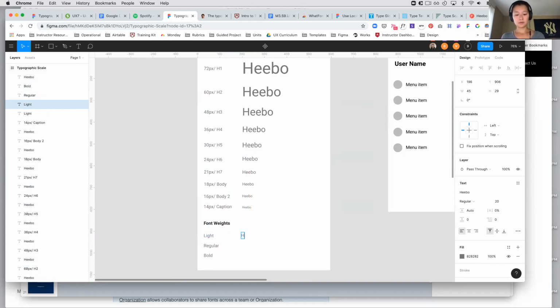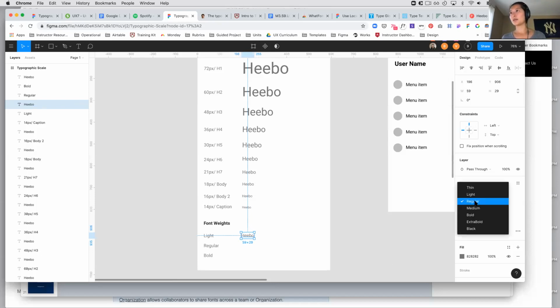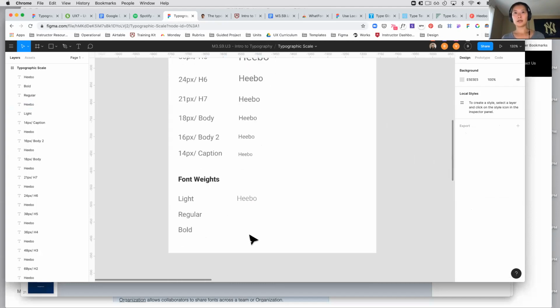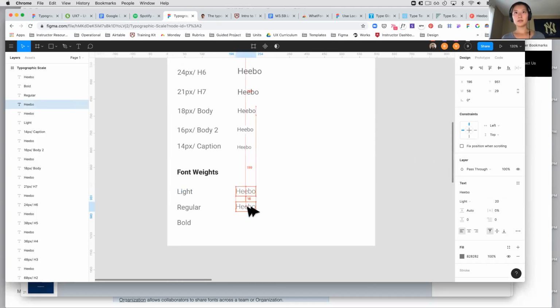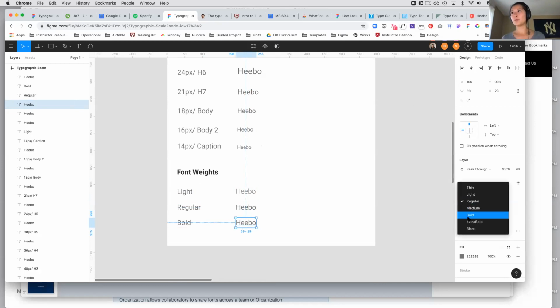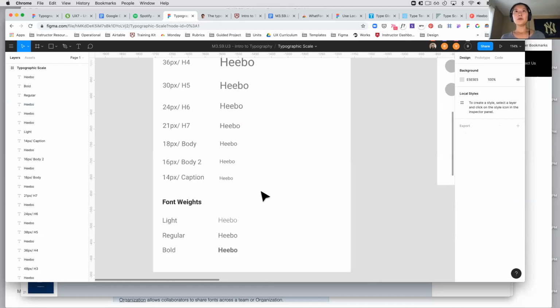So for Hebo, if we were to click on this drop-down menu, we would have what it would look like in light. Then we have regular. And then we have bold. And so what we've done here